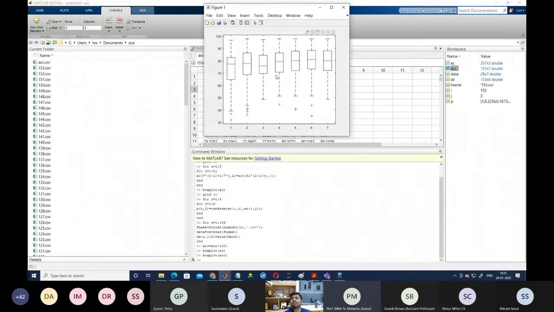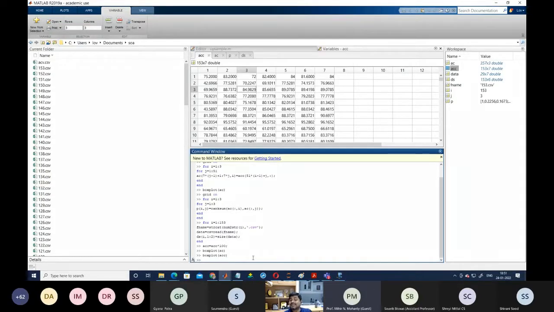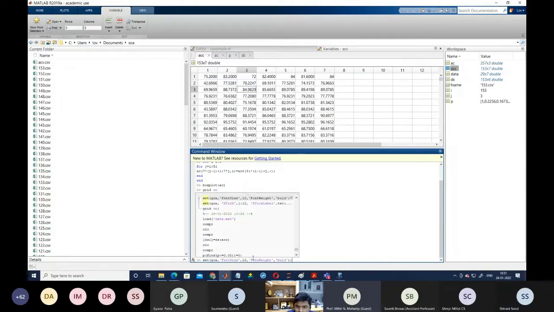Within a minute or within a second, the reviewer will decide whether you have given the right conclusion or the wrong conclusion. Because the model which has the higher value of this average, which is also called the median, the red line, that will be considered the best model. You can also write the technique names here. What are the 7 different techniques we are using? We can write them like that.